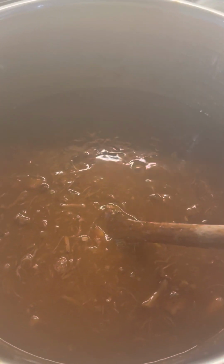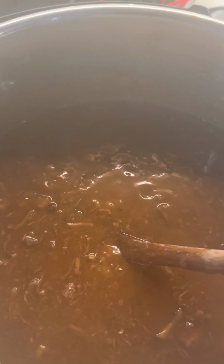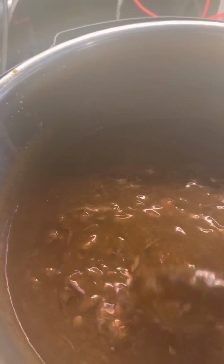Now the meat, there were still a few chunks. Sorry about the steam there, not much I can do about that. But the meat just basically disintegrated. I took some of it out earlier and shredded it up a little bit further with a fork and all that, but I really didn't need to because it already had pretty much fallen apart, and it is like beyond